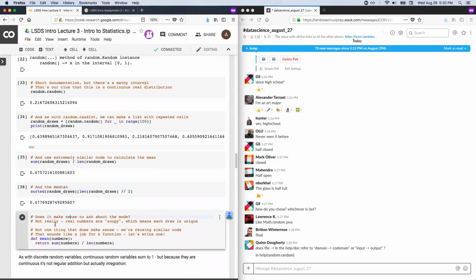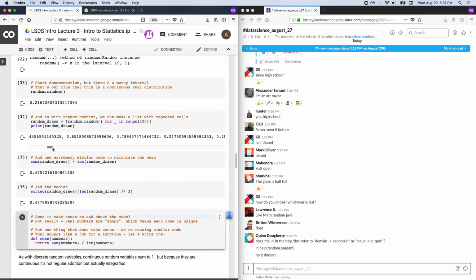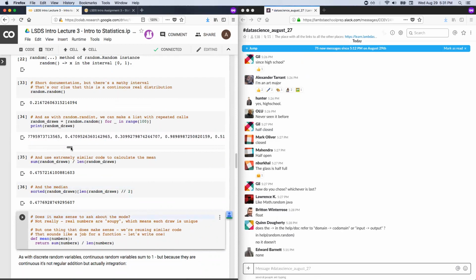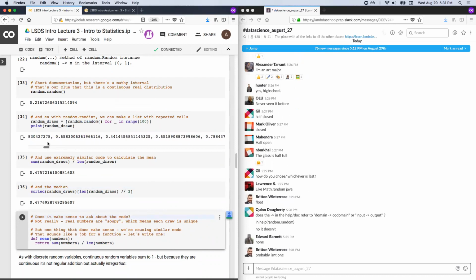So does it make sense to ask about the mode? What's the mode of all these random draws? Anybody have thoughts? Yeah, there is none. And the way I like to talk about it, as I wrote here, real numbers are soupy. What do I mean by that? Well, it means that there's a whole lot of them. We have to start talking about infinity.